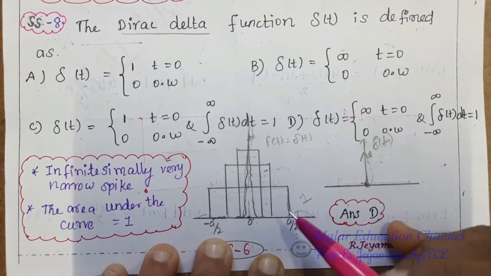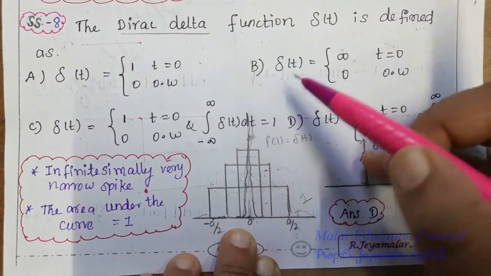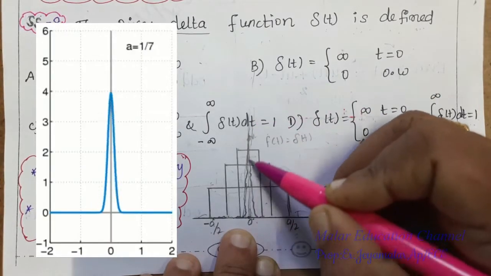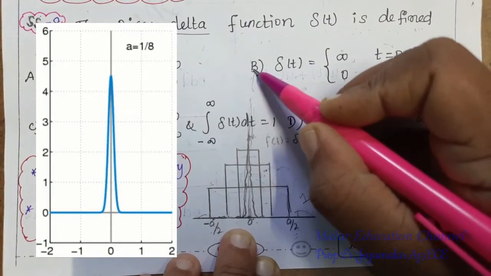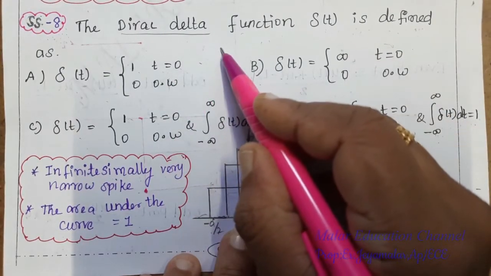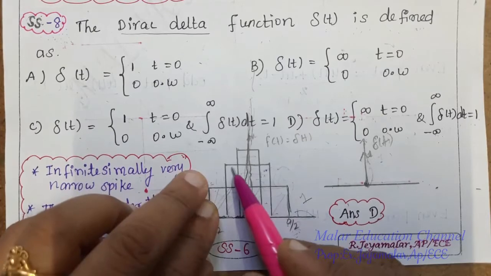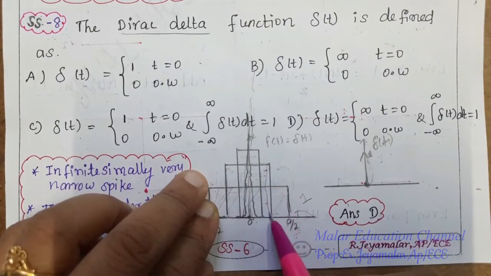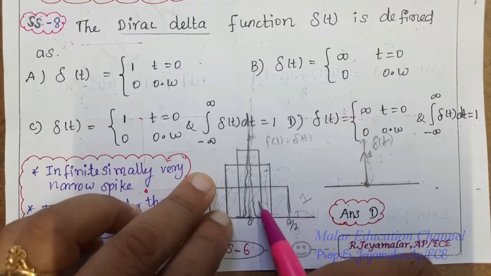Next, for all values, see the center part of the diagram, it is always going to be an increasing level, up to infinite level, but not 0. Not to be 0 for the Dirac delta function. Here, see minus a by 2 to a by 2. That's the limit range. The area under the region is 1. Take the second part. This shape is the second part. This is the minus limit, this is the plus limit. The area under the curve is 1.